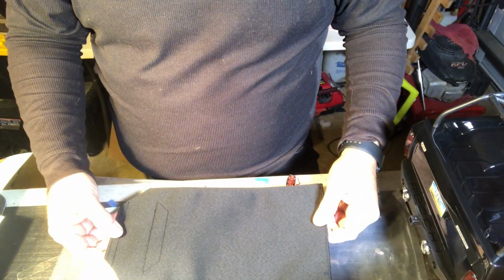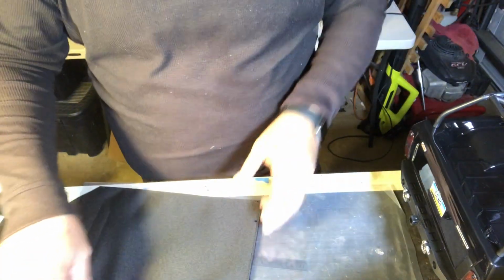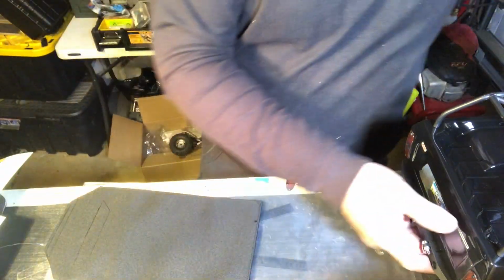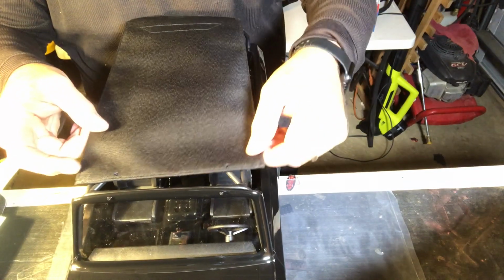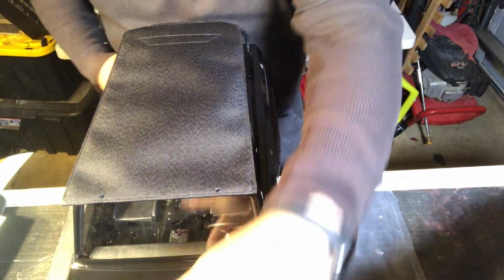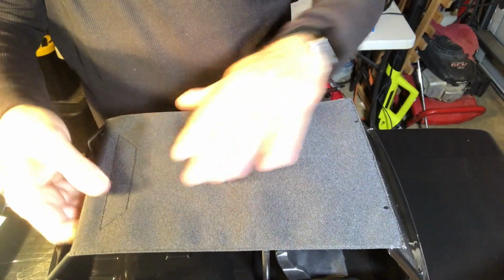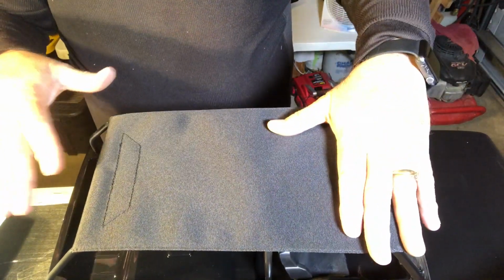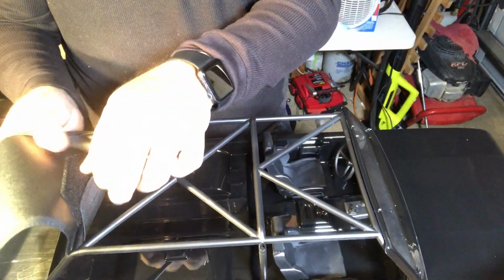This is the Bikini top. There's 2 holes in here, and if you look on the truck, move this stuff out of the way, right here, you would take these 2 screws out, lift this panel up, tuck this underneath, and then this Bikini top would basically go here, and then this wraps underneath and Velcros like that. And it looks good once it's installed. I just wanted to show you guys this. Pretty cool